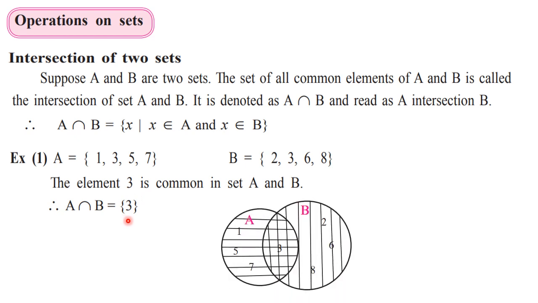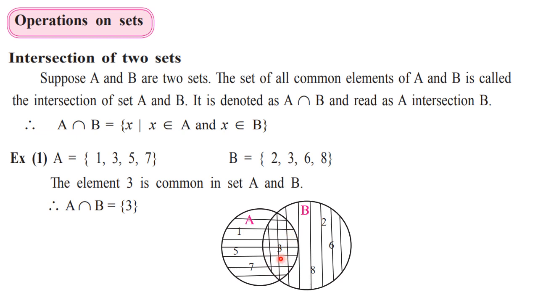Now if we want to show it by using a Venn diagram, we can show it like this. We have to draw two circles. They should intersect in two points. You cannot draw touching circles. You have to draw intersecting circles like this. Then for set A, horizontal lines are used for shading, and for B, vertical lines are used for shading. Just by observing the lines, you can find that this part is common to both A and B. So this part denotes the intersection of the sets in the Venn diagram.